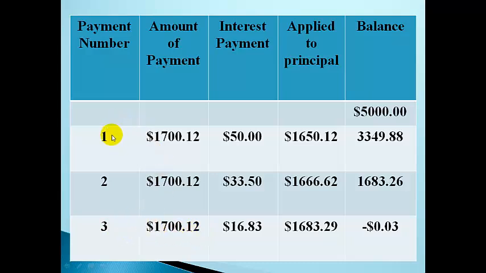Now let's consider the first month. For the first month, the amount of payment was 1,007.12. And take note that when we calculated the interest, don't forget that this is the amount that we took from the bank. That's the principal. And this is the monthly payment. When we calculated the monthly interest on the 5,000, we had $50. And so we subtracted the $50 from the monthly payment, and that gave us